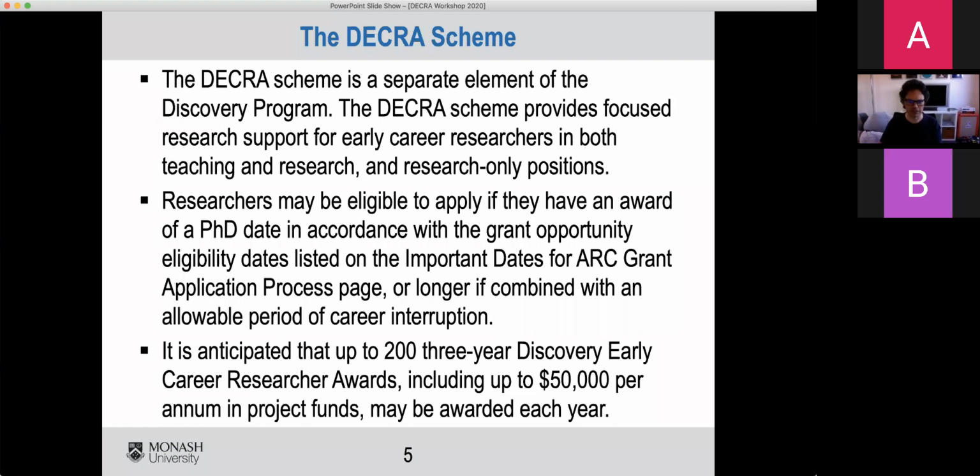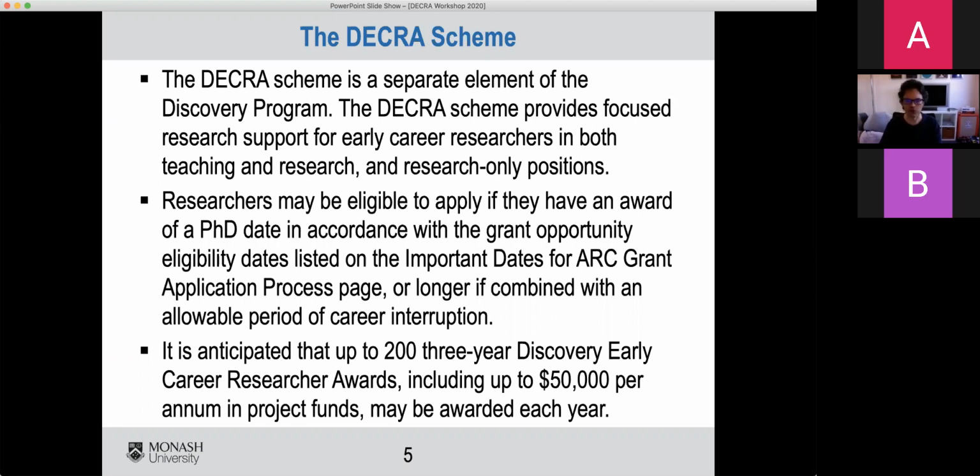That often causes a little bit of concern in terms of whether that's really what the scheme's for, but it is explicitly designed for people in teaching and research positions and research only positions. It's basically, if you're within 5 years of PhD, allowing for career interruptions, and this year allowing for COVID, you're eligible to apply. So there will be junior or early career academics, as well as early career postdocs and recent PhD graduates competing for this.